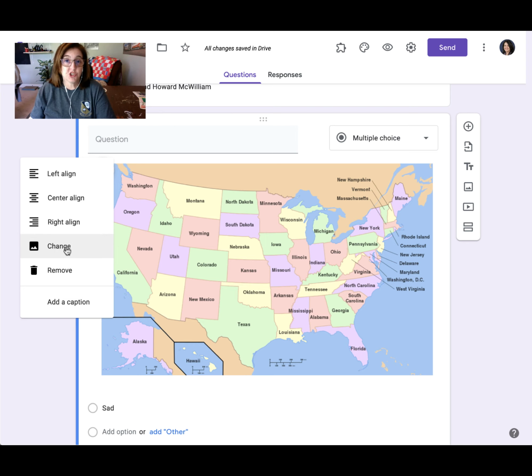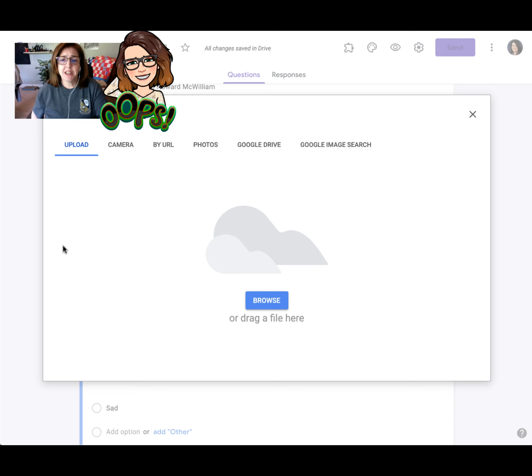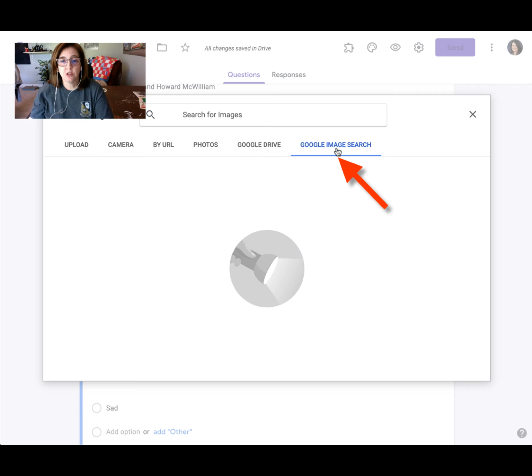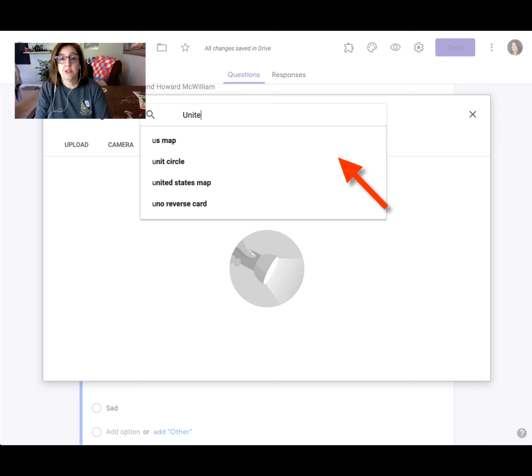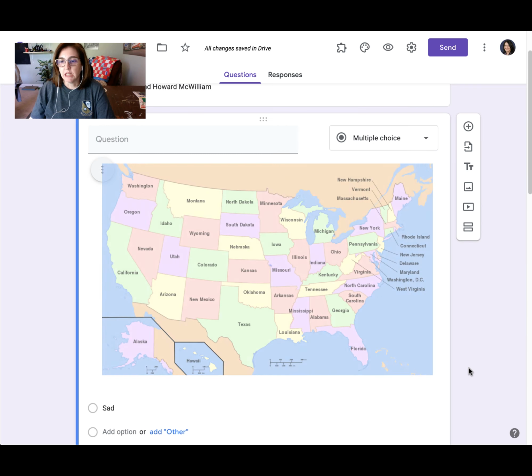Now, if I want to just change the image that's already there, I simply click change. And then I can go up to my Google image search or find an image that I already have on my drive. So I can just click Google image search and then put in the search criteria. So again, I did United States the first time. And all 3 of those are the same image. So I'm going to grab a different image and click insert